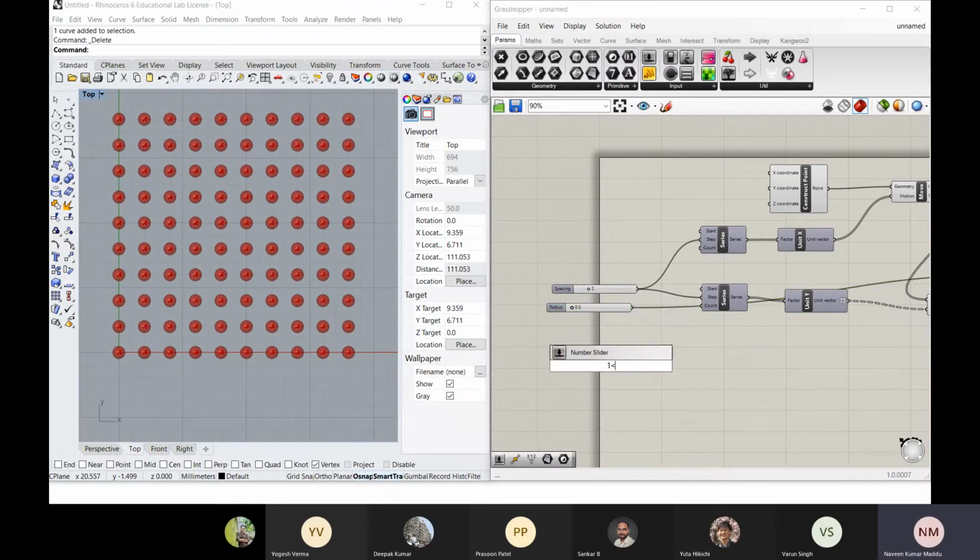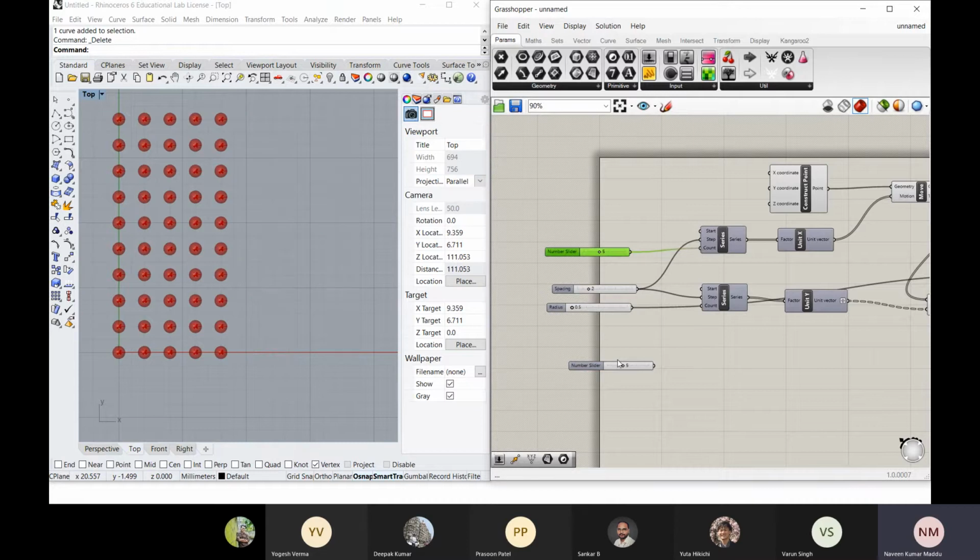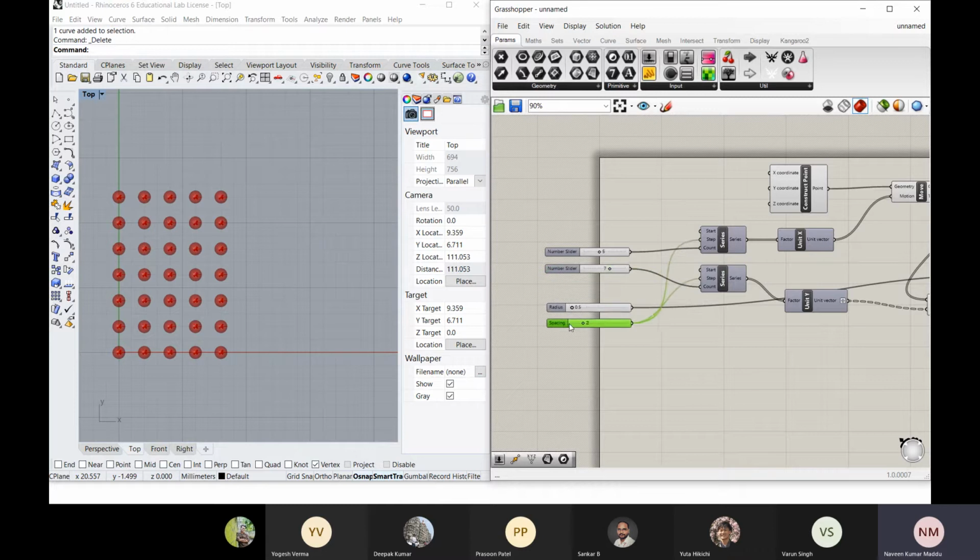We'll start with 5 in x direction, and let me put 7 in y direction. So these are the parameters: radius, spacing, and number of counts.